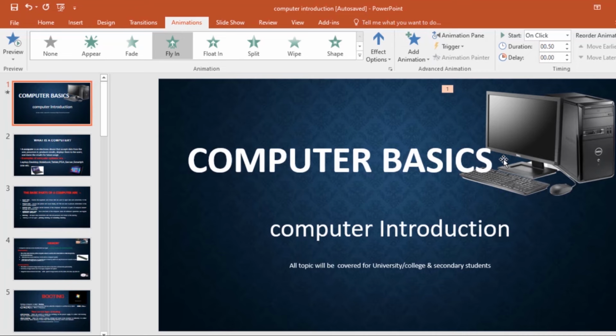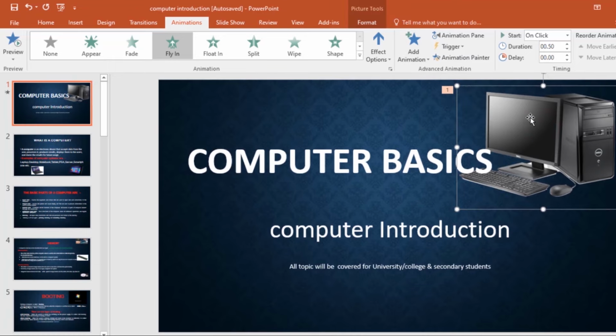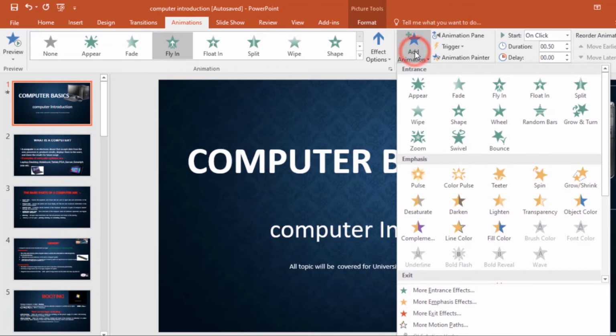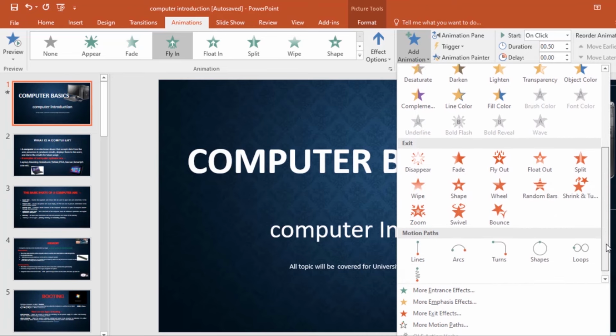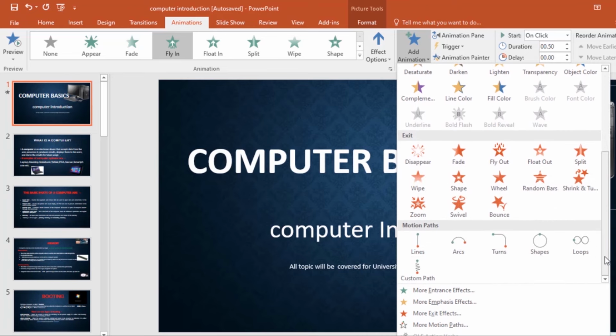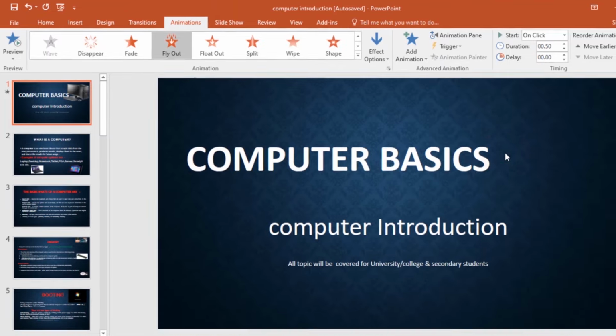Yeah, I want it to have an effect. Now you can add multiple animations to an object, and to do this you use the add animation command. So again, select the object that you want to add an animation to, and this is maybe if you want an entrance and an exit effect. So select the object, then click on add animation, then from this list choose the desired effect that you want. So in the beginning I went with fly in, so I'll choose fly out as my